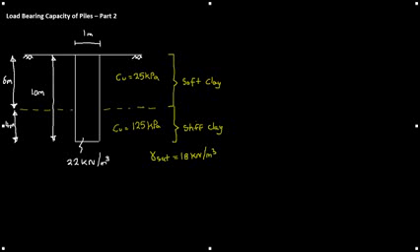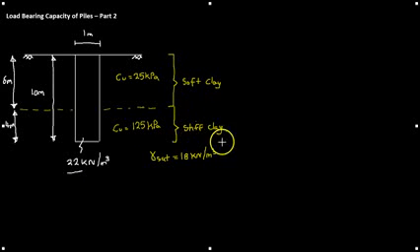So the example we're going to be looking at here then, we have a 10-meter deep pile, 1 meter in diameter. Again, we're looking at a circular pile. The unit weight of this pile is 22 kilonewtons per meter cubed, and we have two layers that the